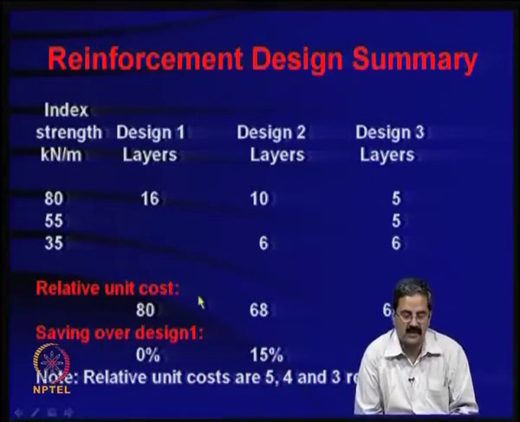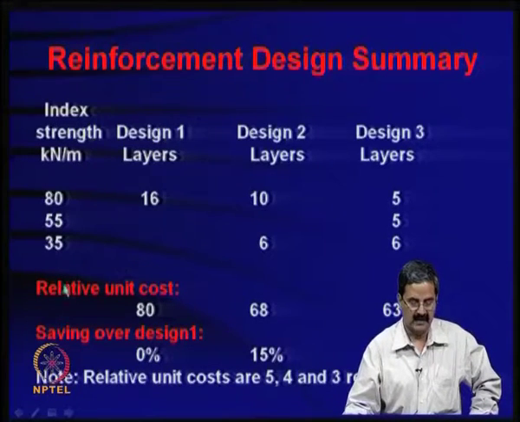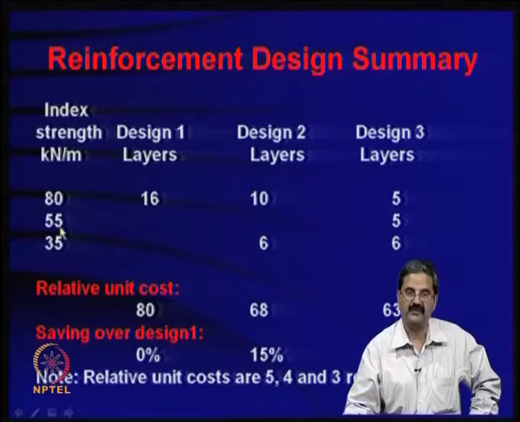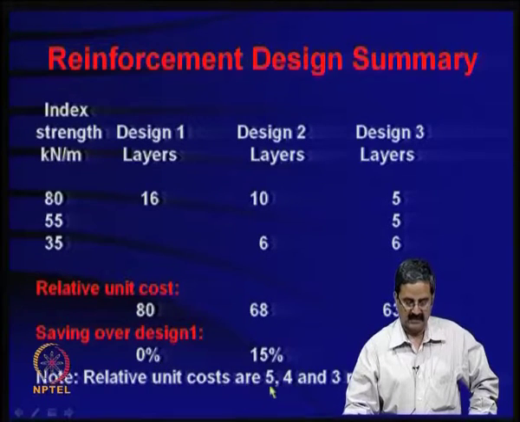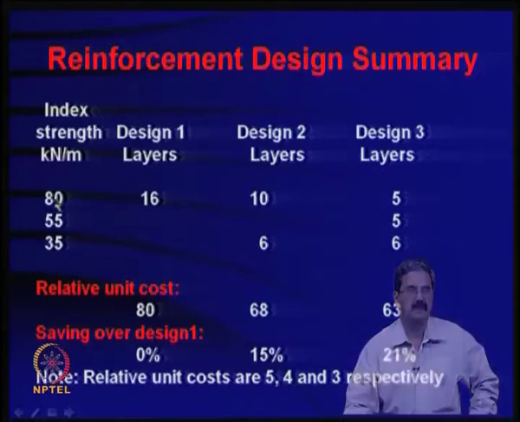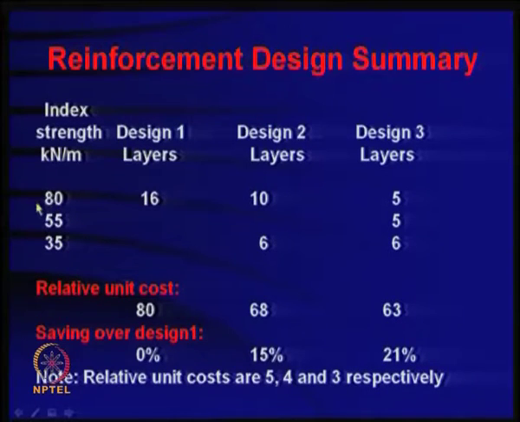What you got in the process was that you had 3 materials, 80 kilonewtons, 55 and 35, and assume that relative unit costs are maybe 5, 4, 3. Say in Indian currency I can say 500 rupees, this could be 400 rupees, it can be 300 rupees, right. So, like some units, like 5 units, it could be say $10, $8, $6 or whatever. So, when you say that, in design 1 you have 16 layers, and the relative